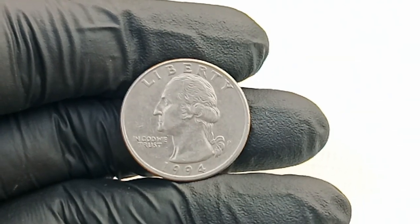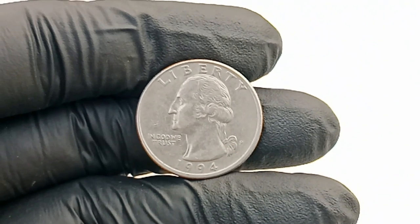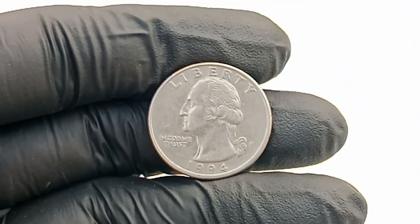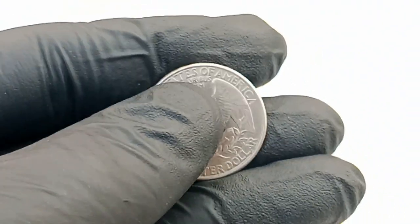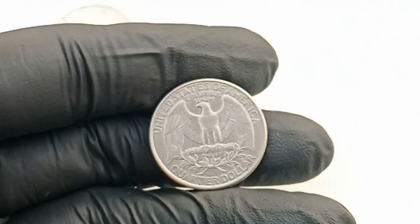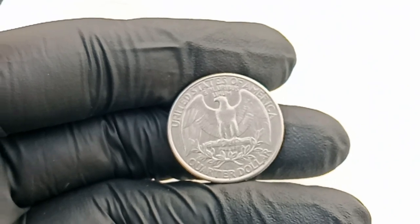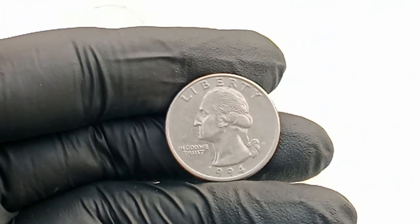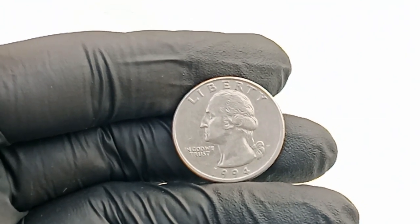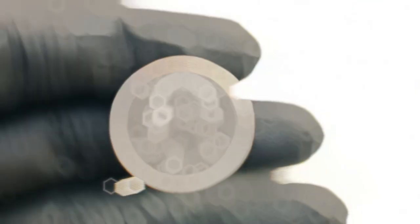treasure. The story of the 1994 quarter is not just about a coin minted in Philadelphia, marked by the P mint mark, but it is a narrative filled with extraordinary numismatic anomalies that have been meticulously studied and eagerly sought after by collectors worldwide, culminating in a phenomenon where a relatively recent coin can command such a breathtaking premium at auctions and private sales. To fully appreciate why this coin is so valuable, it's essential to grasp the basics of